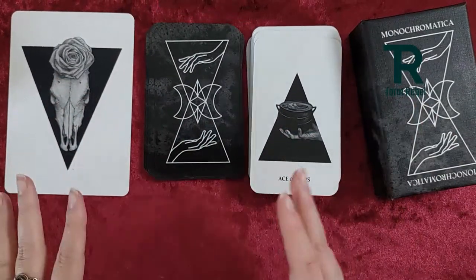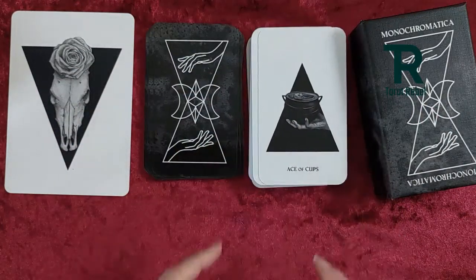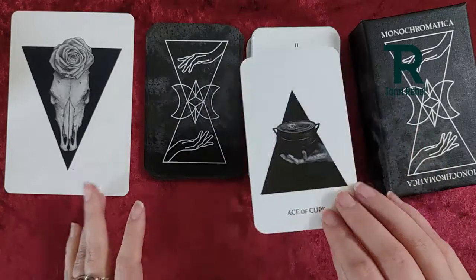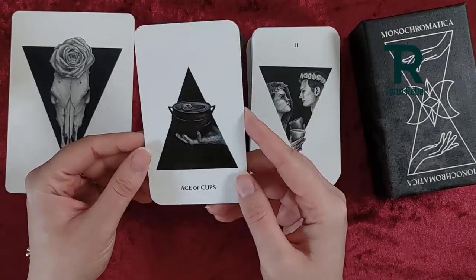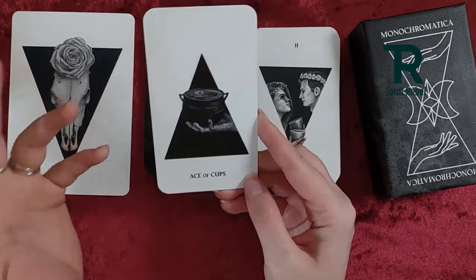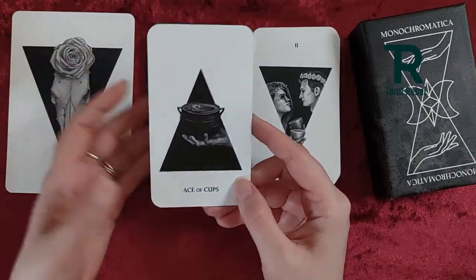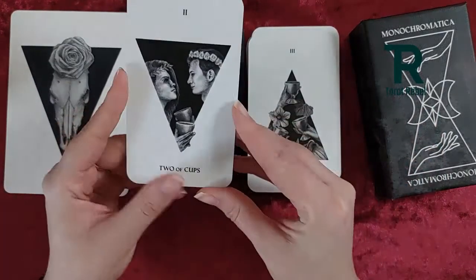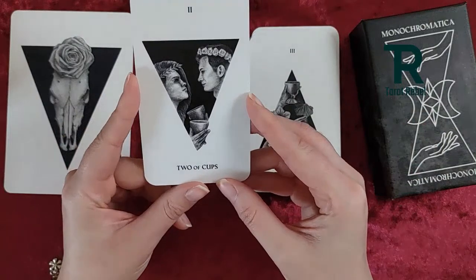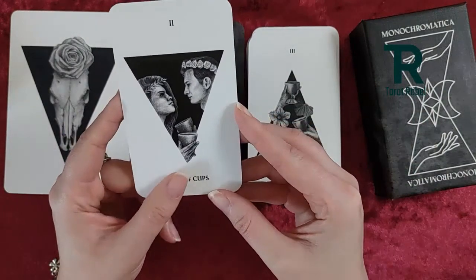Okay, those were the major arcanas. Let's move on to the minors, and here we have the beautiful Ace of Cups. I quite like it. Very simple, very reminiscent of the standard card. The Two of Cups in return, this is a lovely depiction of the Two of Cups, and I quite like